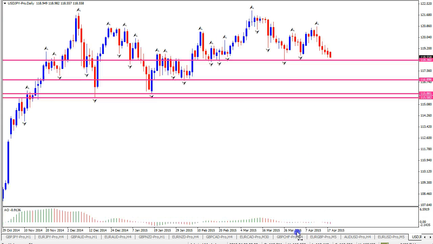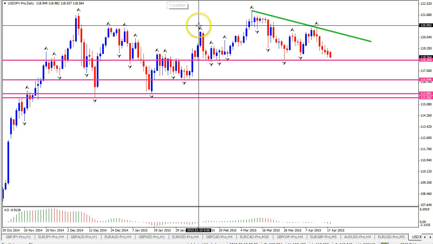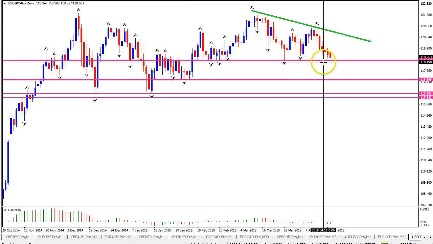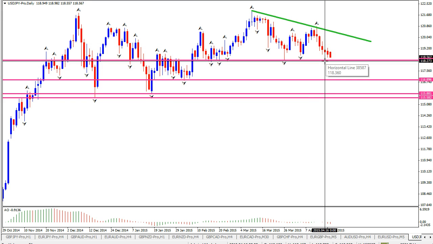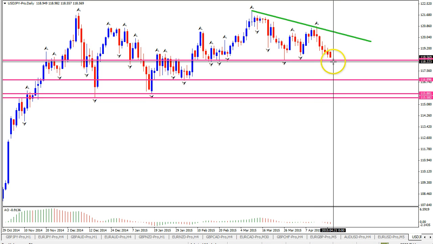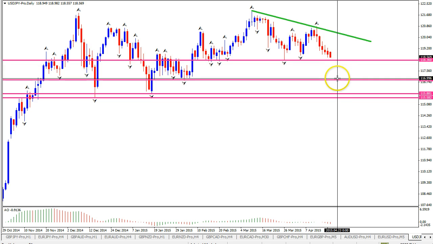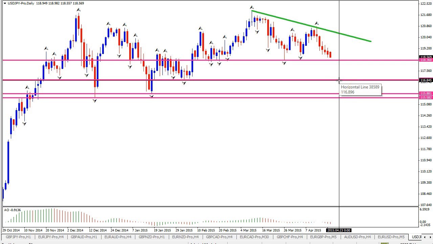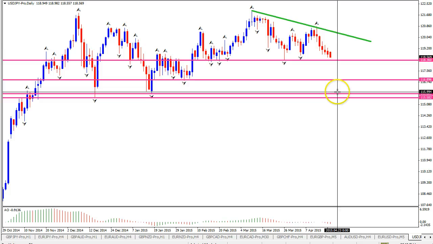So I'm not too excited about taking either a long or short at this time. If we do break above this resistance line, I would be certainly a bit more interested in longing because of the potential for a bigger uptrend. That does not seem too likely at the moment. At this point, we are very close to the 118.25 support level. So if that level breaks, perhaps a bit of space down to 116.80, and otherwise we're bumping right into